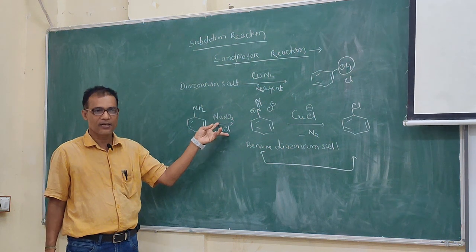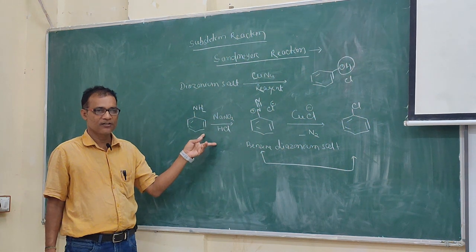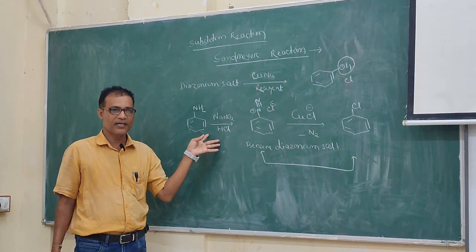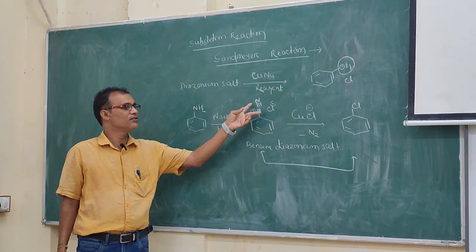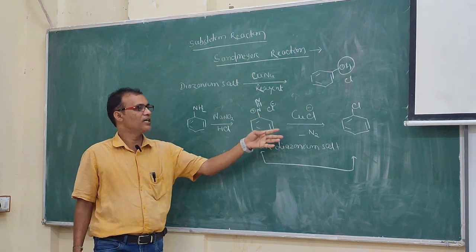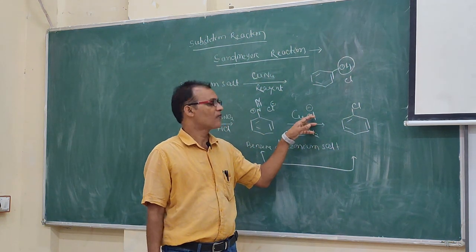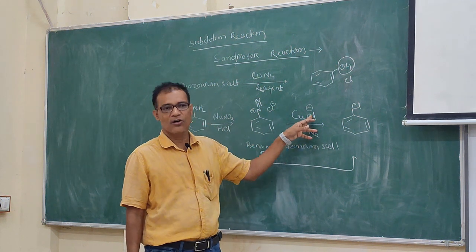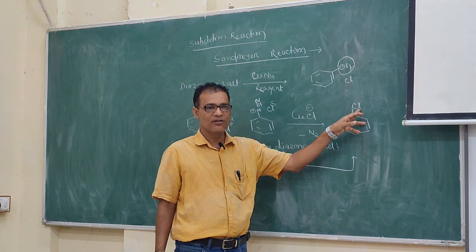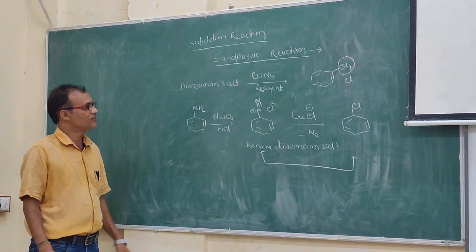You can do it easily in the laboratory. You just take aniline and add HCl, stir for some time, and lower the temperature to 0 degrees by ice bath, and then you add sodium nitrite. You will get a yellow color. Then filter the solution. Then add copper chloride drop by drop. You will get the chloro product. According to the counterpart nucleophile like chloro, nitro, or hydroxy, you will get the corresponding product. If it is copper hydroxide, you will get phenol. Okay, so the detailed mechanism is clear now.